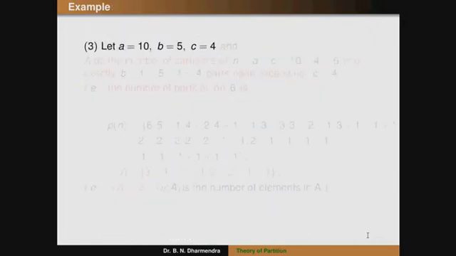Let a is equal to 10, b is equal to 5 and c is equal to 4. So we will use a Ferrers diagram. By using the statement basis, we have to prove this one, in terms of one-one and onto, once again using a Ferrers diagram. Let a is equal to 10, b is equal to 5 and c is equal to 4, and we can consider the statement, let A be the number of partitions of n.